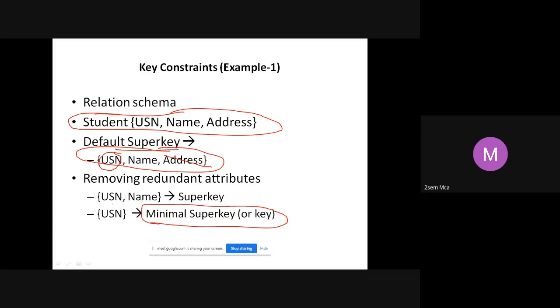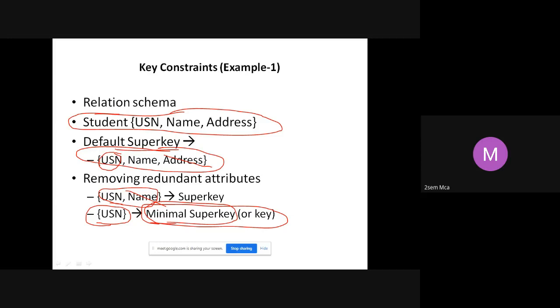Right? So USN and name is also called a super key. I will remove name also. Still I can identify uniquely all the records because I have this USN. Can I remove USN also and still identify records? No, I will not be able to do that. That is why I will call this USN a minimal super key.